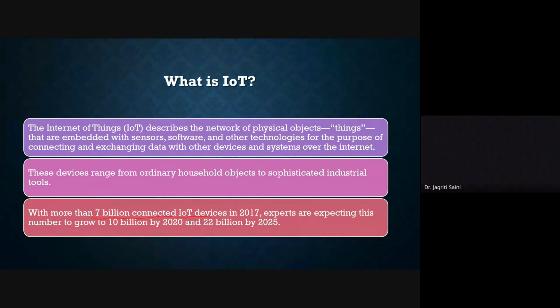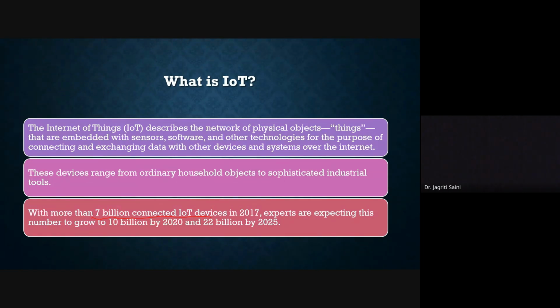And it is expected that by 2025, the count may be even 22 billion. So in the coming years, we may see 22 billion devices connected together, and continuously they are transferring some kind of information. They are exchanging data,